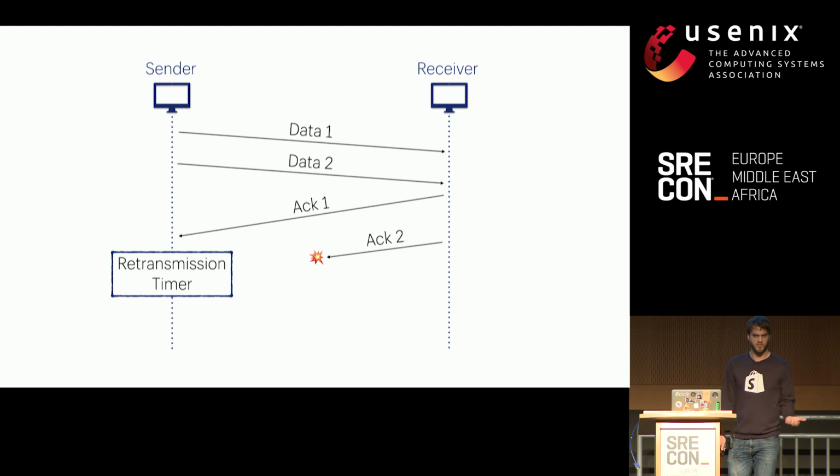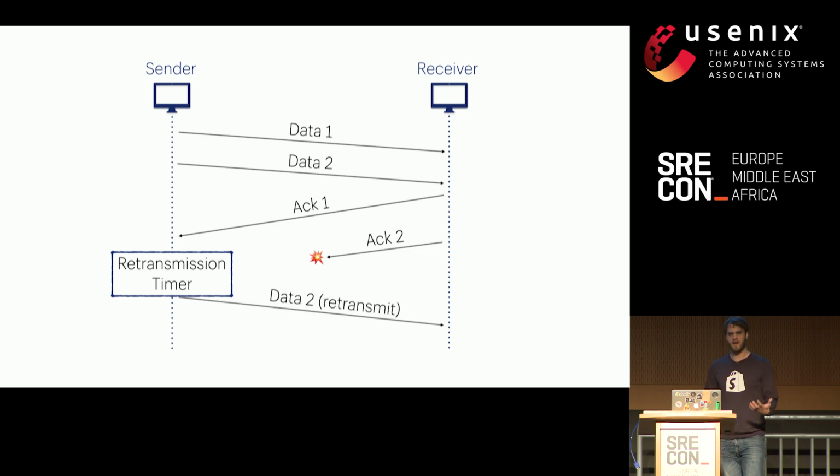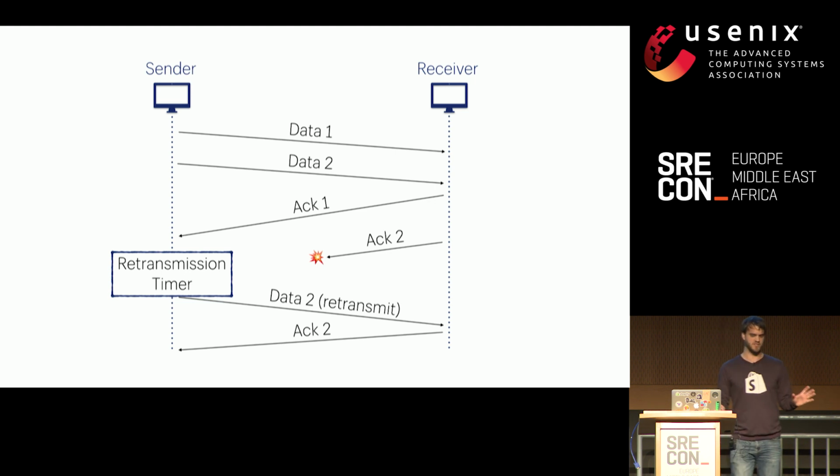So we have this thing called a retransmission timer. When that fires, it'll retransmit the packets that haven't been acknowledged. And we have a lot of optimizations. By we, I mean the general we. There have been a lot of optimizations over the years to make this a little more efficient. For example, with selective acknowledgements, if we see an acknowledgement, let's say for packet 5 here, then we know we only have to send 2, 3, 4. So just a lot of optimizations. That's how we get reliability in TCP.